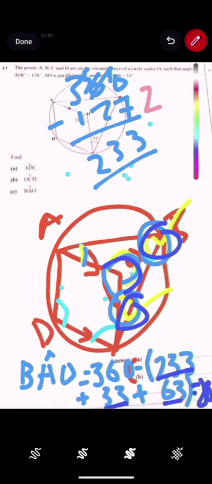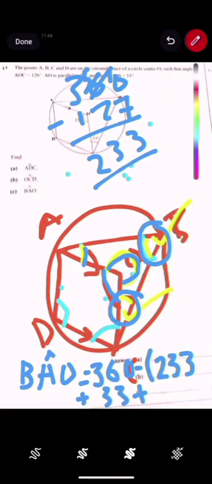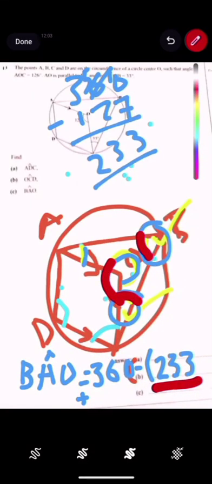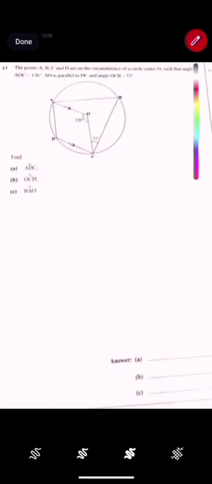Sorry, I feel like there's a number which is wrong. Let me pick my numbers again to avoid issues. So 233, we got it from 360 minus 127 here, right? Then we have 33 here. Then here we had, is this 127? No, it's not. That's why. Okay, let me just do this. It's 126. Sorry. Yeah. So BAO